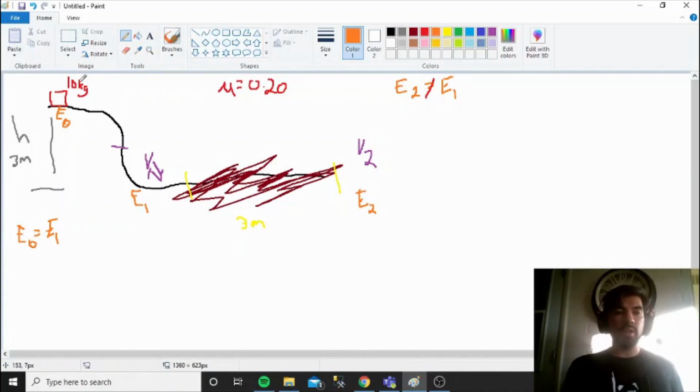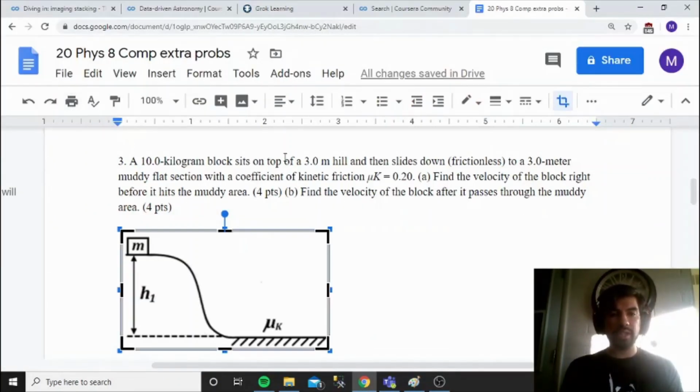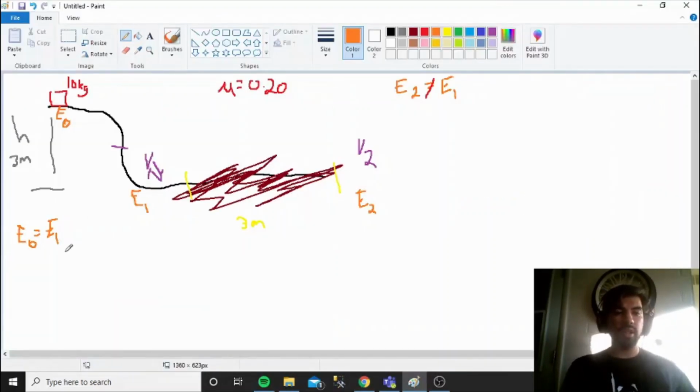So at E0, let's figure out. It's not moving, right? It's at the top. So then it means there's no spring there. So there's only gravitational potential, okay? And it's sitting on there. So there's not even kinetic energy. So that means that E0 is only going to be potential energy. So I'm just going to write mgh equals, and then this right here at the very bottom at V1, this point right here, where I'm asking about, there's not going to be any potential energy. No spring, no gravitational. It will all be kinetic. So I can just write 1/2